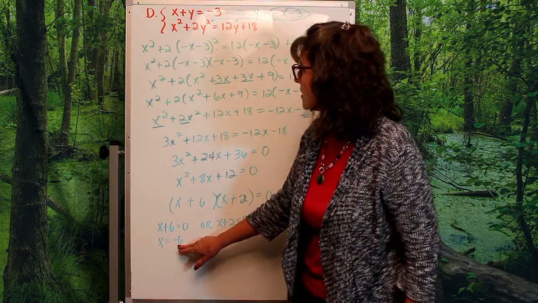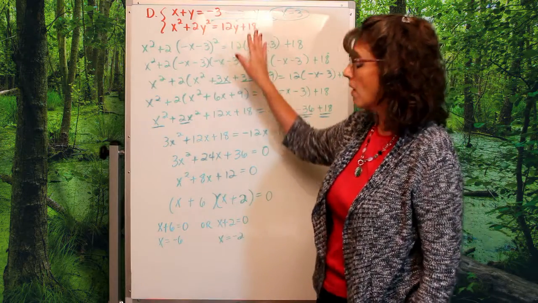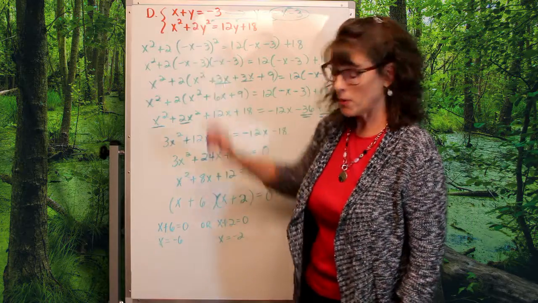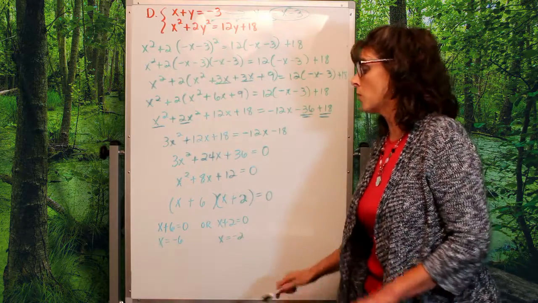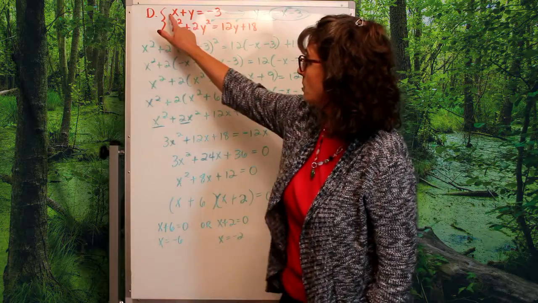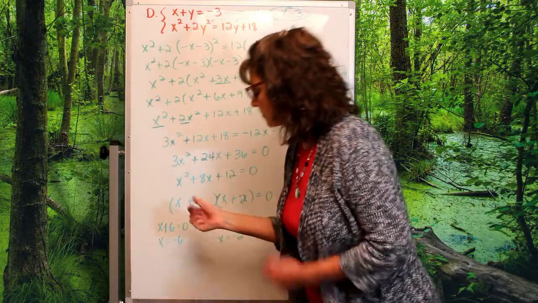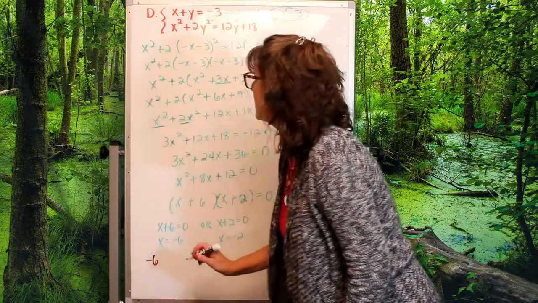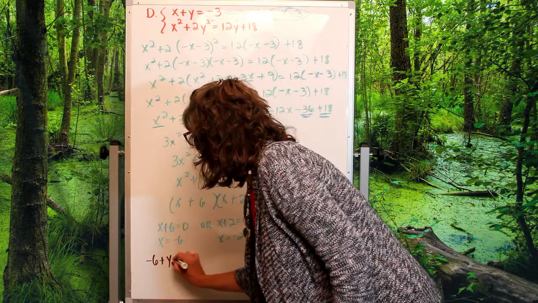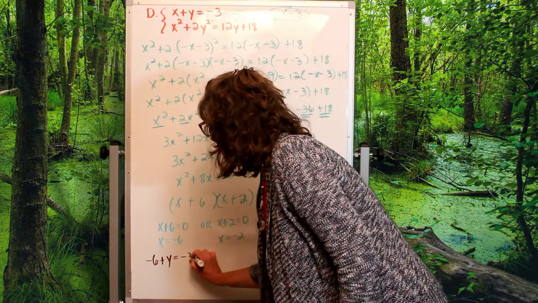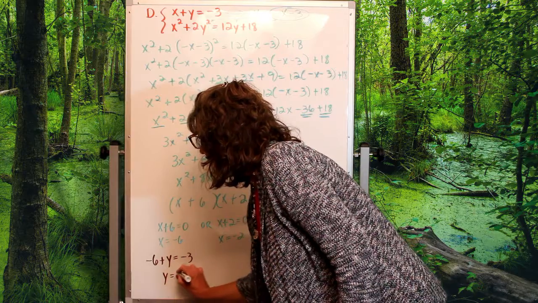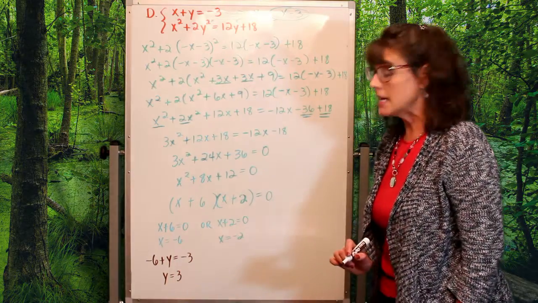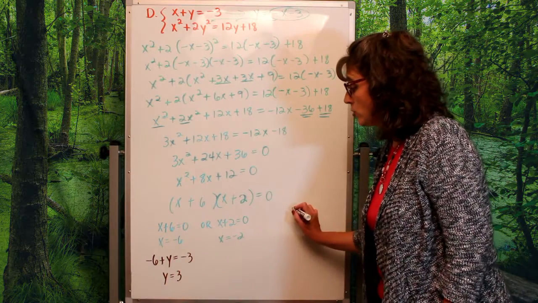So I'm going to take that negative 6 and plug it back in here somewhere. Easiest thing is to go for that top equation. So I'm going to make my life easy. I'm going for the top. I'm going to take that negative 6 and plug it right here. When I do, I get negative 6 plus y equals negative 3. And when I add that 6 to the other side, I get y equals 3, giving me a solution of